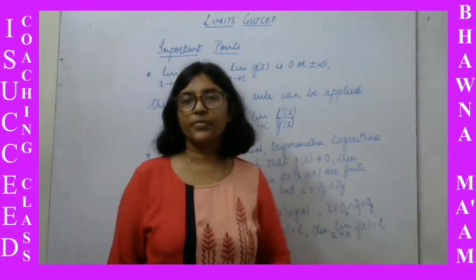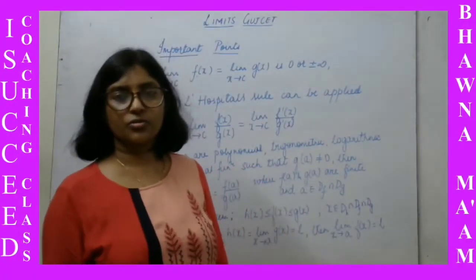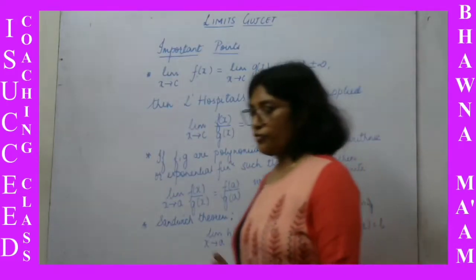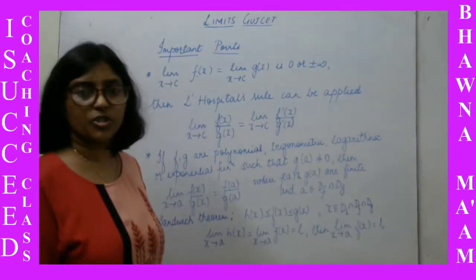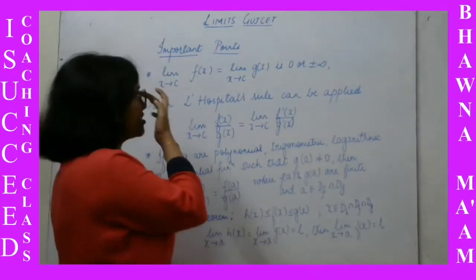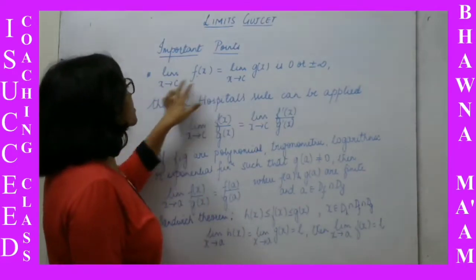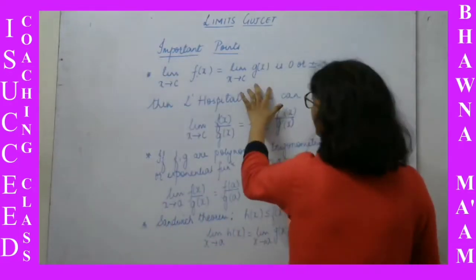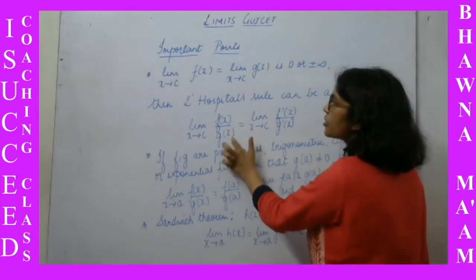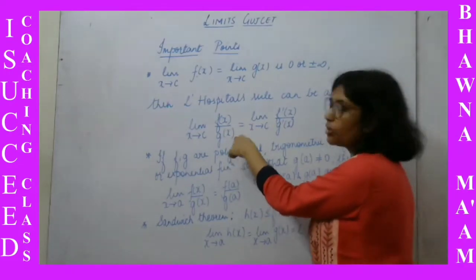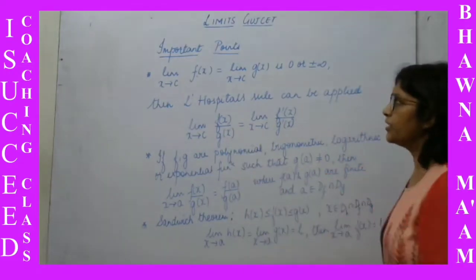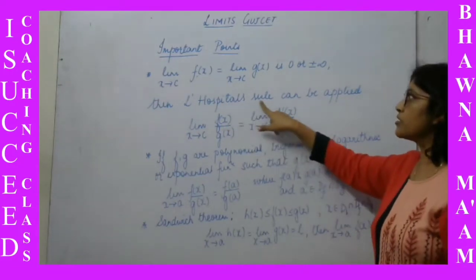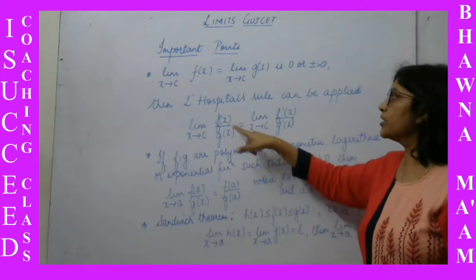Hello everyone. So today we are going to take up a good CET topic, that is limits. Here are a few important points which we should consider before beginning with the questions, and that is limit f(x) when x tends to c. And if f(x) and g(x) we are having a rational function, both of which are 0 or both of which are undefined, 0 by 0 form or undefined, then we can use L'Hospital's rule, that is differentiate the numerator, differentiate